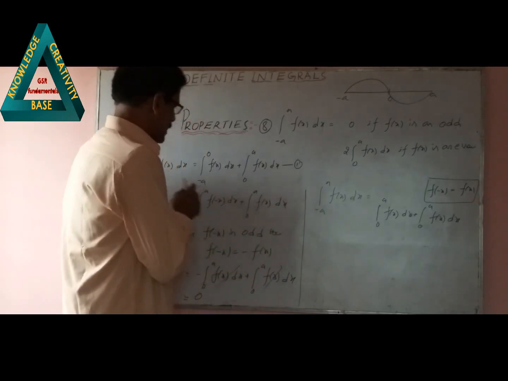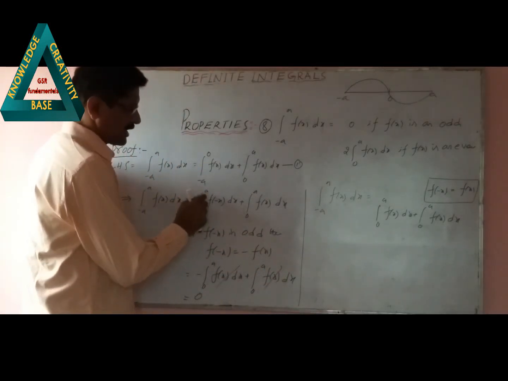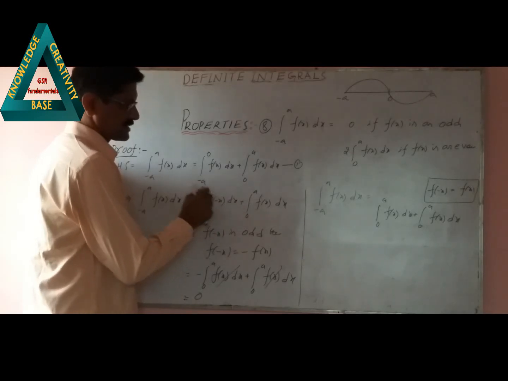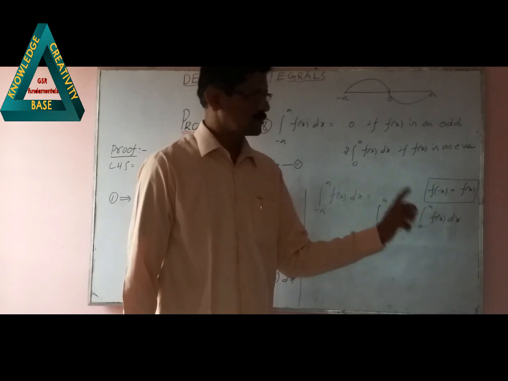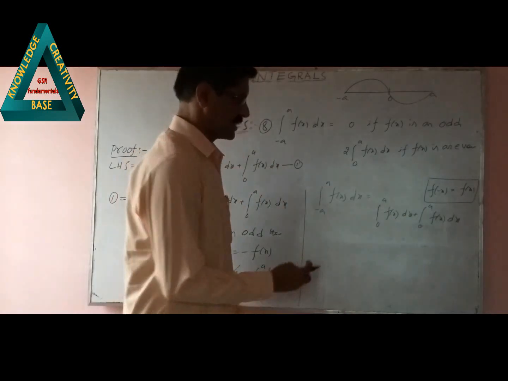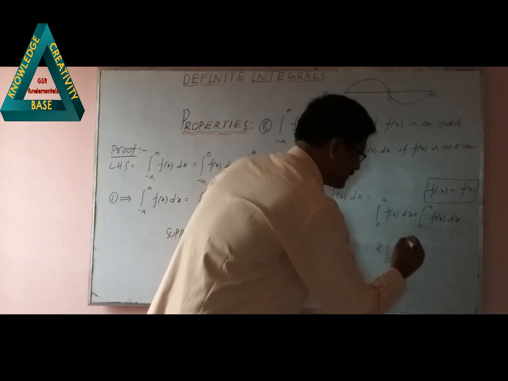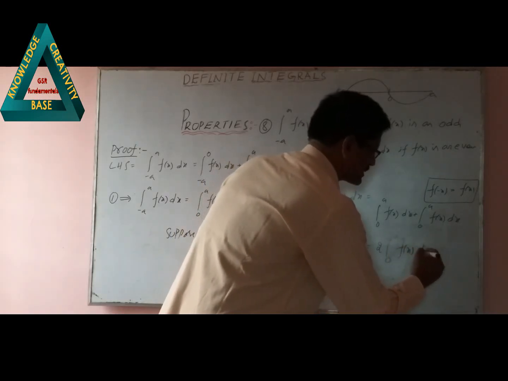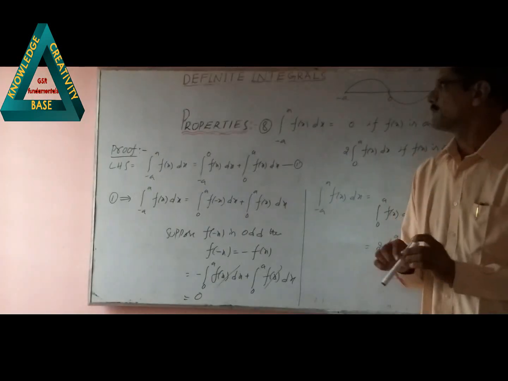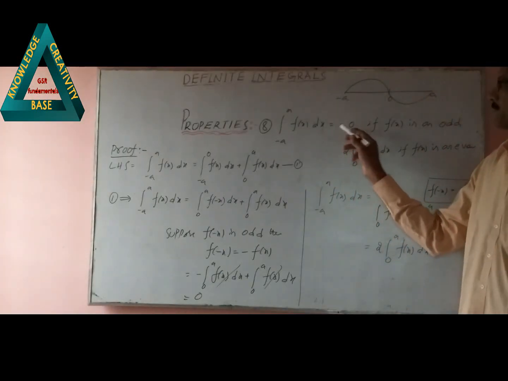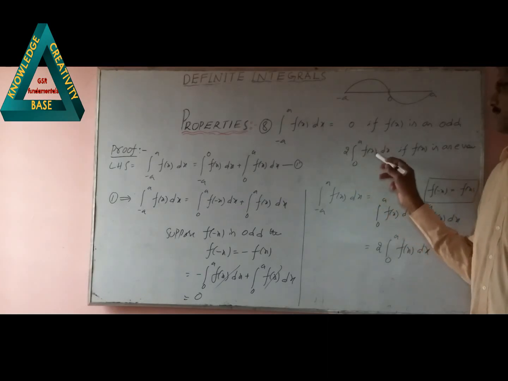సో ఇక్కడ మీరు ఏం చేస్తారంటే గనుక ఈ ప్లేస్ లో integral 0 to a f of minus x dx ఉన్న చోట f of x dx రాసుకుంటాం. సో integral 0 to a f of x dx plus integral 0 to a f of x dx both are same, by adding these two, that equals 2 times integral 0 to a f of x dx. So result is over. Two cases లో మనం దీన్ని ప్రూవ్ చేసామన్నమాట. ఓకే, రిజల్ట్ నెంబర్ 1 ఆడ్ ఫంక్షన్ అయినప్పుడు 0, ఈవెన్ ఫంక్షన్ అయినప్పుడు 2 times integral 0 to a f of x dx.